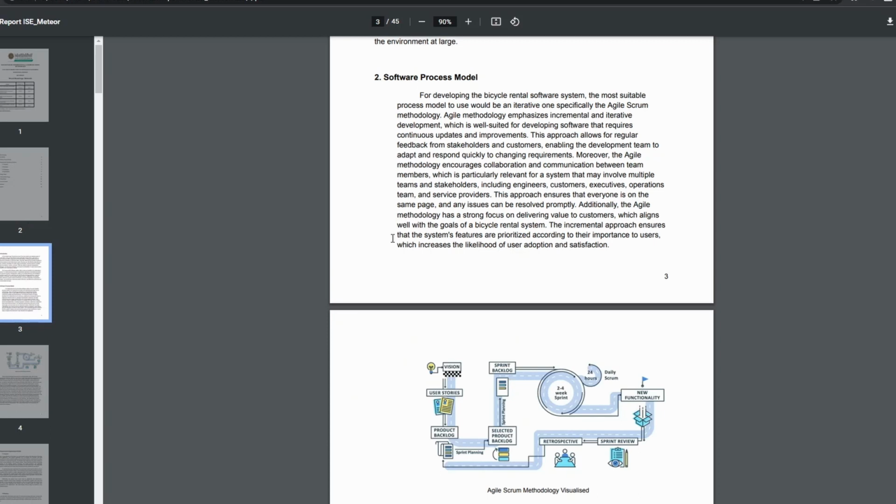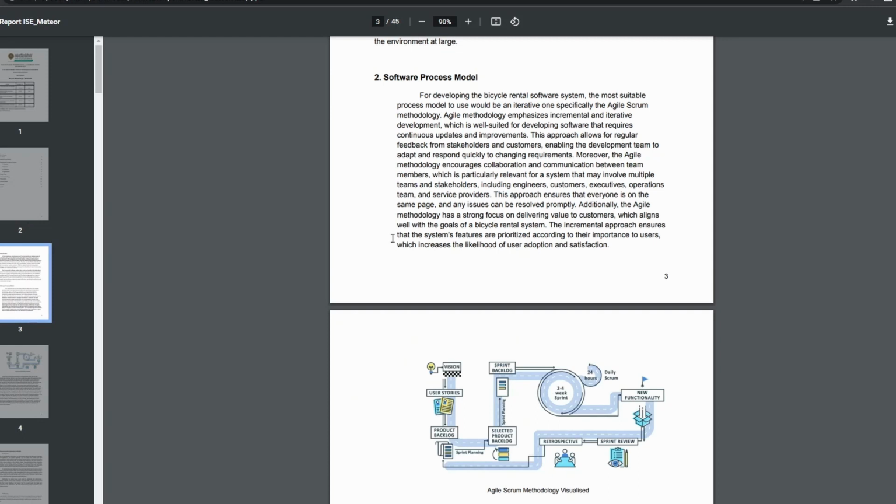The second reason for choosing this model is because this project will involve multiple teams such as the operational team, engineers, executives, and the stakeholders themselves. So because of that, communication and collaboration take an important role in making sure this project is a success. Agile Scrum is proven to be exceptional in encouraging good communication between team members, which means incorporating it in our project will definitely be beneficial for everyone involved. On top of that, Agile Scrum also allows our development team to be rapid and productive, which lets them respond and solve any problems they face quickly. This in turn can ensure our project progress moves smoothly and efficiently.